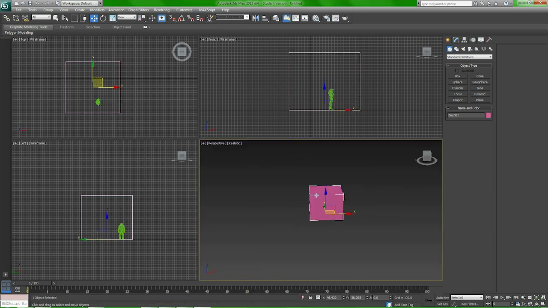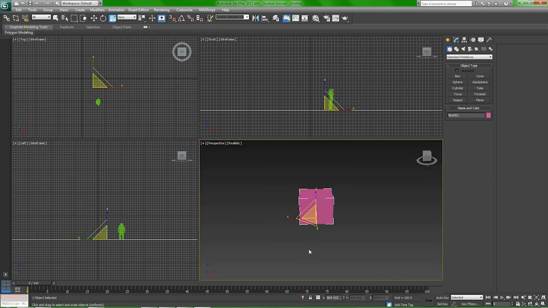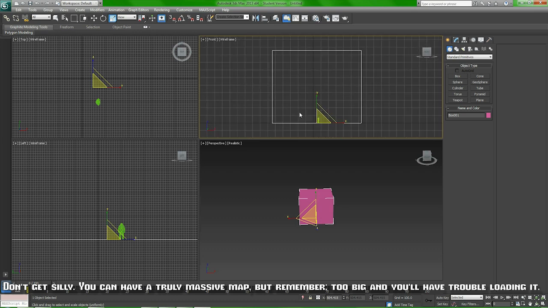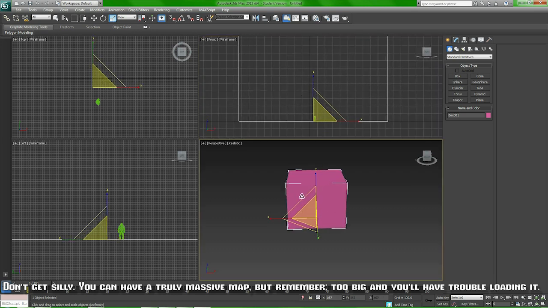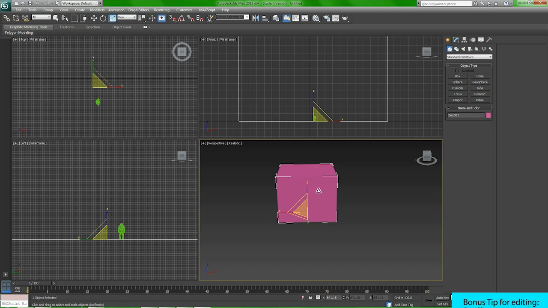So what we're going to do is click on the box, click on select and uniform scale, and make it as big as we want. I'm going to use this view right here. And now you can see it's got a bit more space to it. A bit more playability. Okay. When you're done sizing your level to whatever size you want,